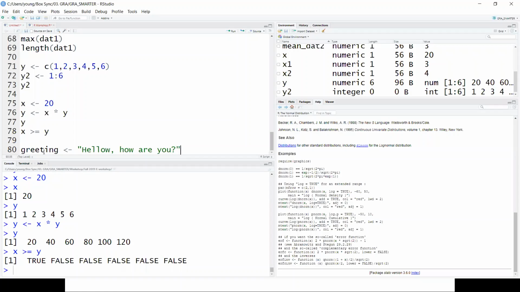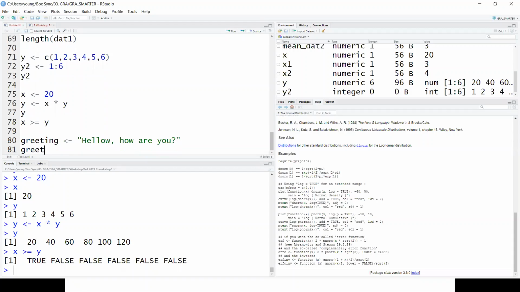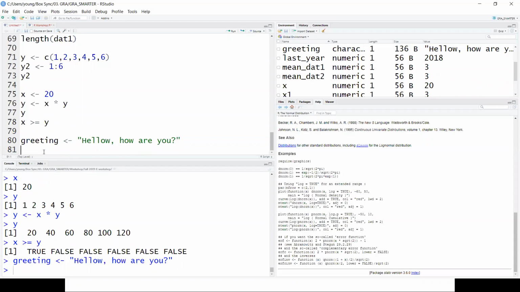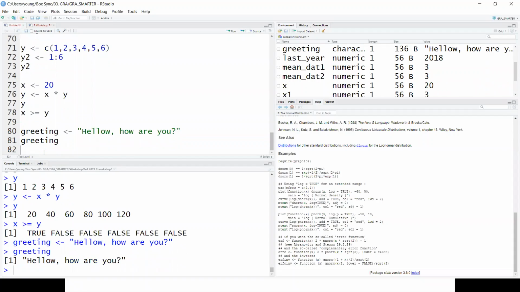What I just did is drag the sentence and then type one quotation mark, and it automatically gives you the two quotation marks. That's a good thing about RStudio: if you type just one quotation mark, it gives you both, so you don't have to write two quotation marks twice. Let's assign this and then call greeting again, and it'll give you, hello, how are you?